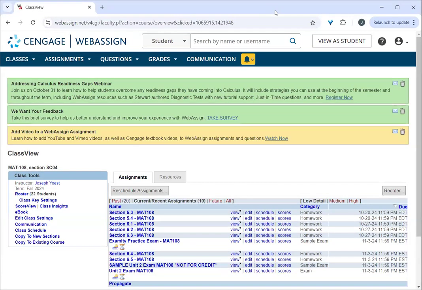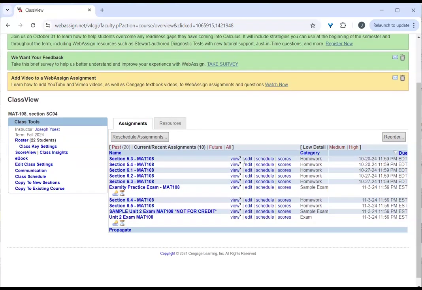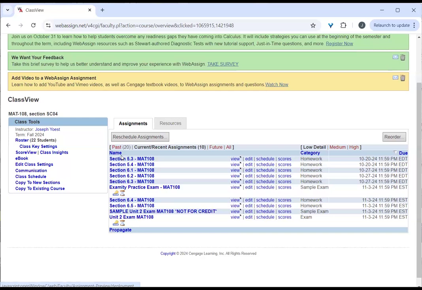Okay, so this is a quick demonstration of how to add problems to homework assignments or edit homework assignments. You can change the problems that are on there, add or remove them, change point values, things like that. Or you could do the same with an exam. One way that you can get to the edit screen of an assignment is to click edit over here on